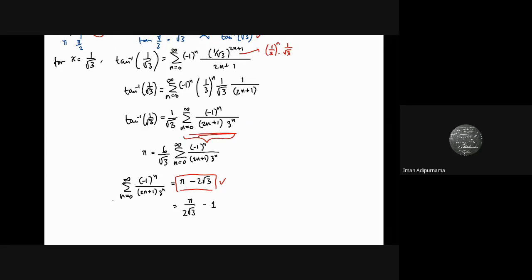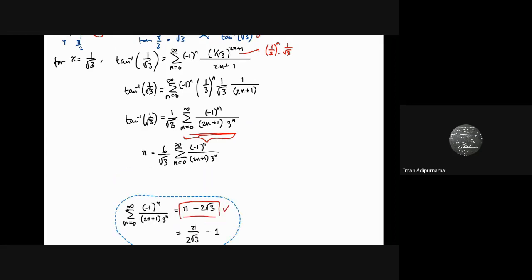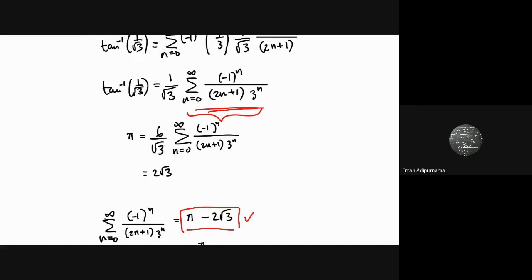So let me put down here, so it's 2 square root of 3. So if I put n equals 0, it should be 1, right? So I can write this as 1 plus